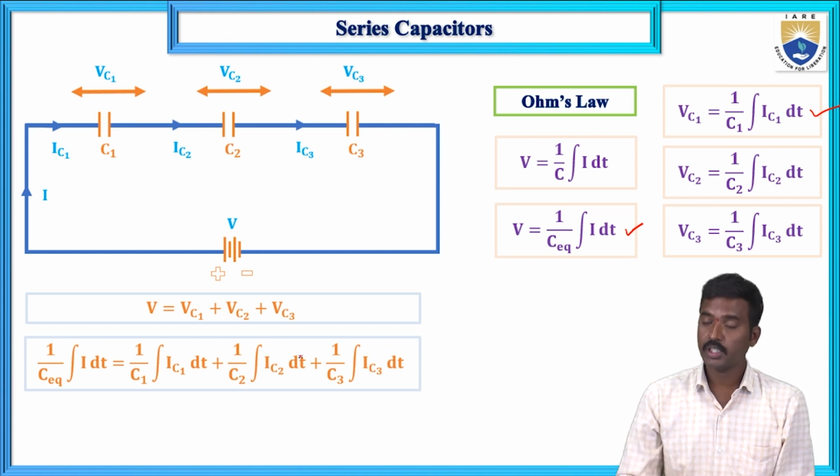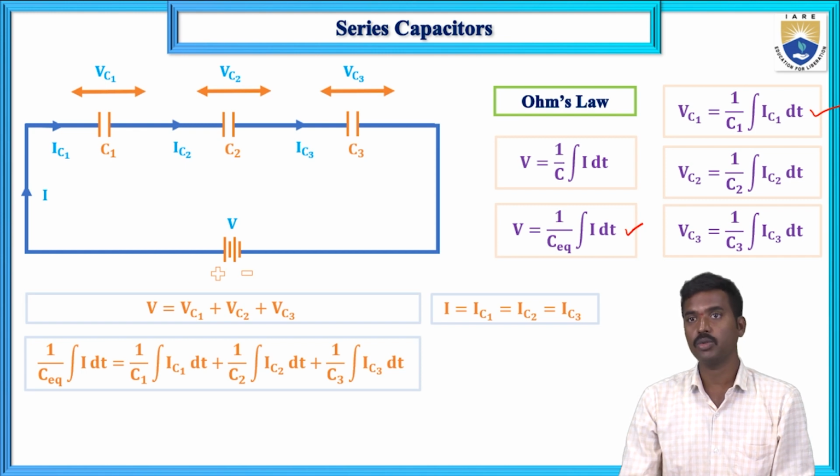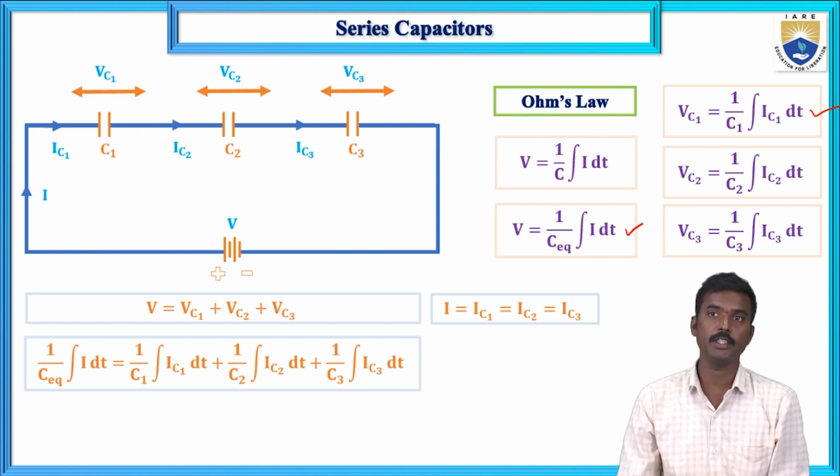But series connection, first property: I equals IC1 equals IC2 equals IC3,